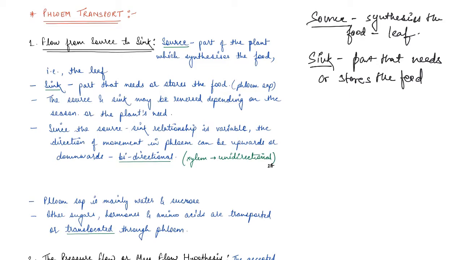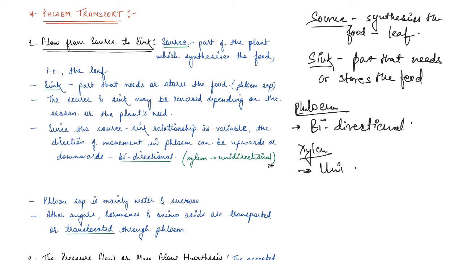So since the source and sink relationship is variable, the direction of movement in phloem can be upwards or downwards, and that is why we say that the direction of movement in phloem is bidirectional. It is bidirectional, and this contrasts with the xylem where the movement is always unidirectional. So in case of phloem, it is bidirectional. In case of xylem, it is always unidirectional,